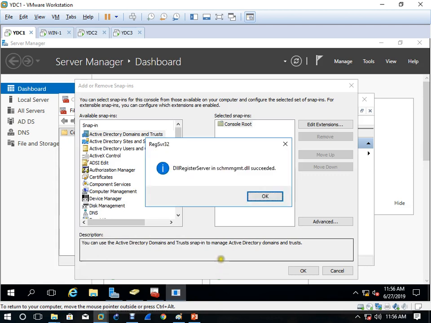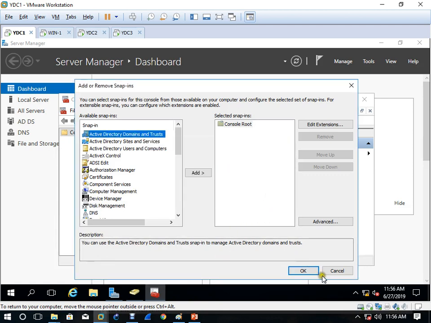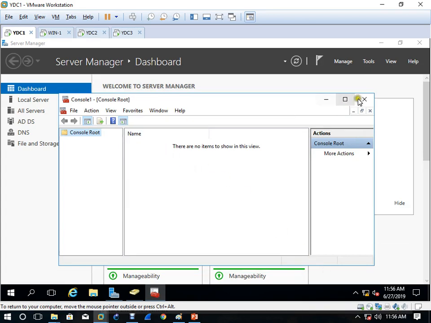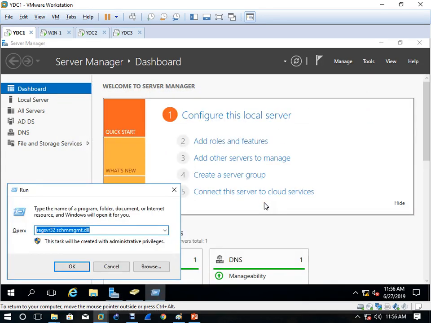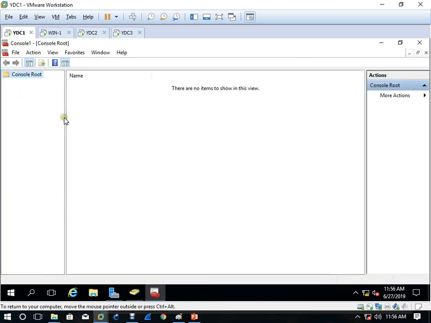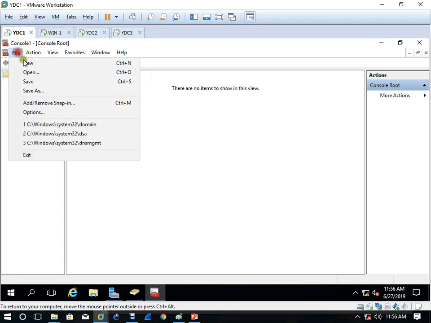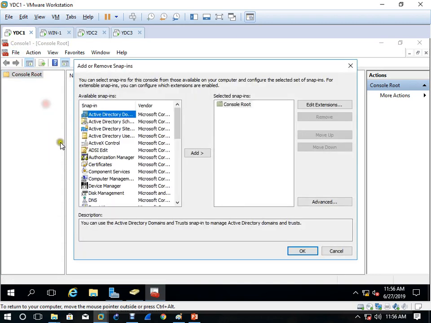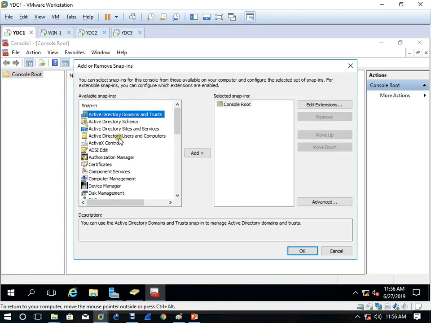The schema DLL has been registered successfully. Then close this and again run MMC. Add/Remove Snap-in. See, Active Directory Schema, right?